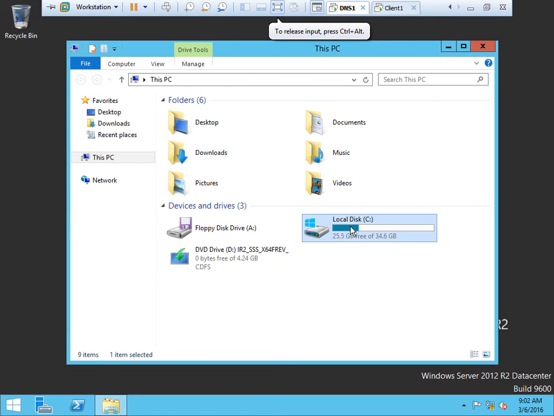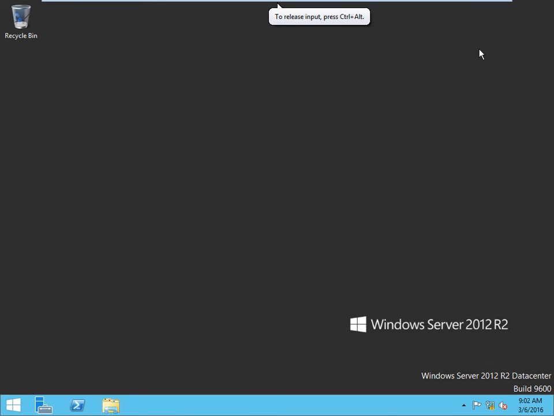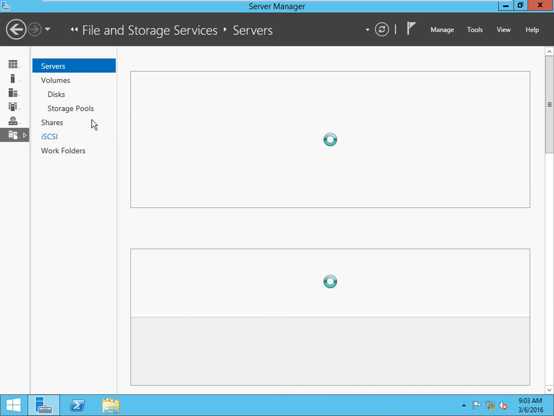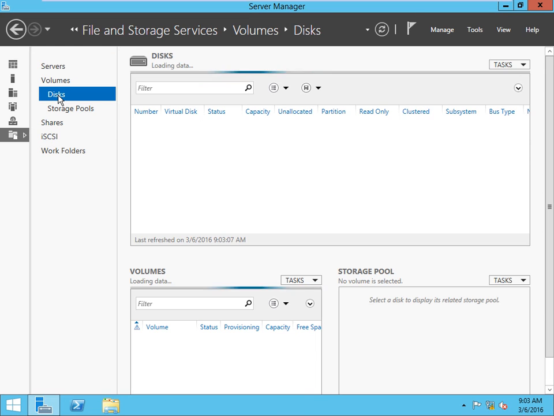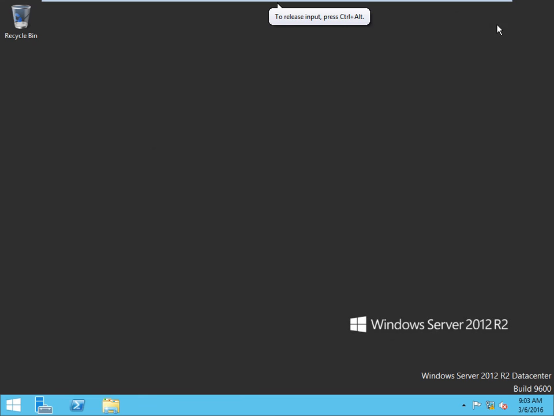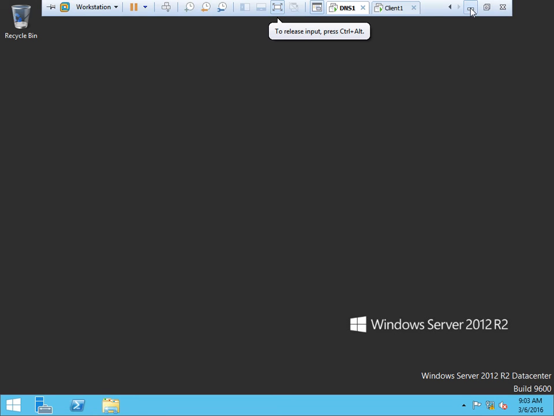Now guys, in server manager, we have implemented quota on drive and quota for user, and you can also implement quota on folder.